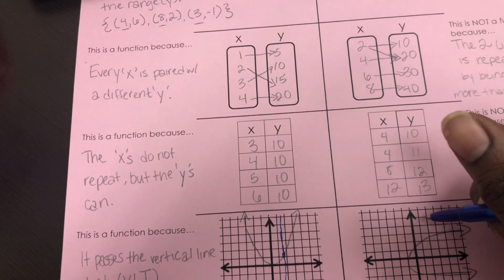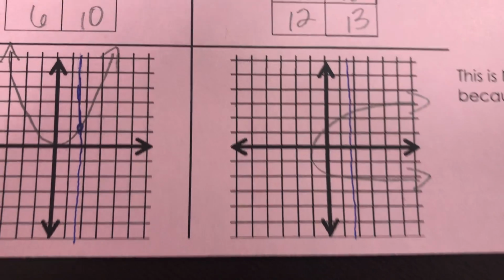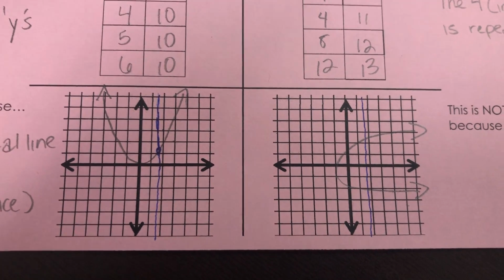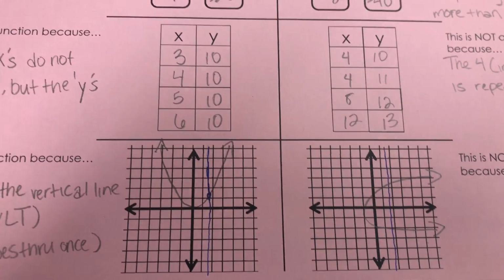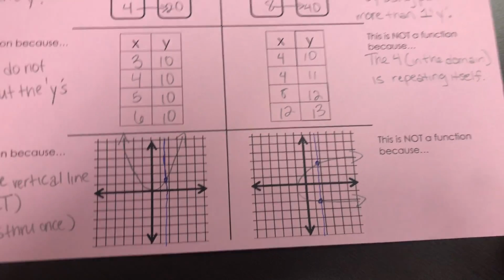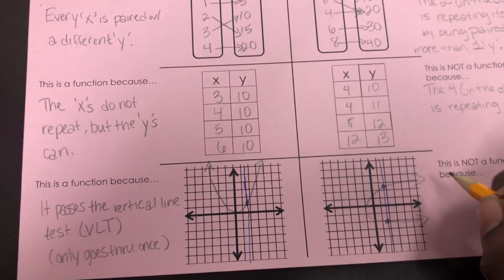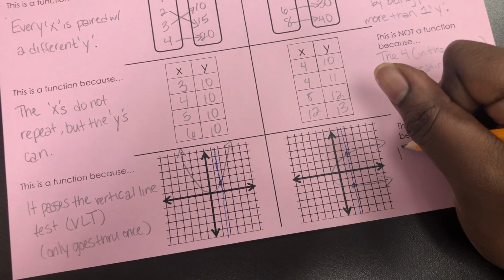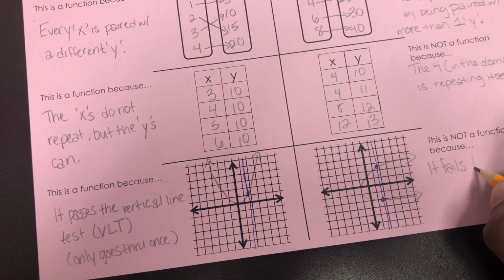So here's my blue pen. All right, did that pass or fail? And since it failed, how many times did our vertical line pass through the picture? Twice. Once here and once there. So we'll say this is not a function because it fails the vertical line test. It fails the